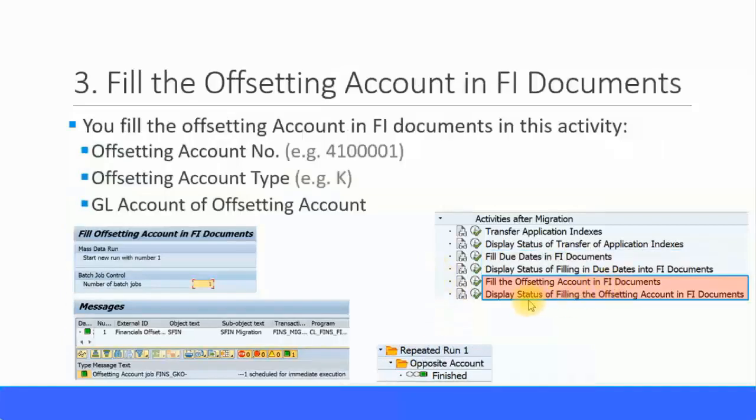The next transaction is to fill the offsetting account in the FI documents. So you must be familiar with the FI line item documents. For example, if you are running a line item report for GL line items against the necessary expense accounts, you might see the offsetting account numbers and